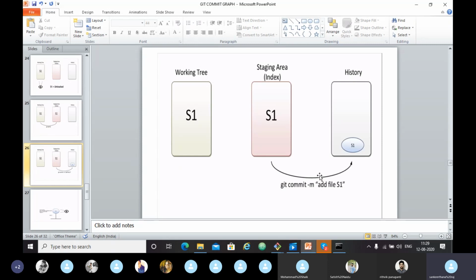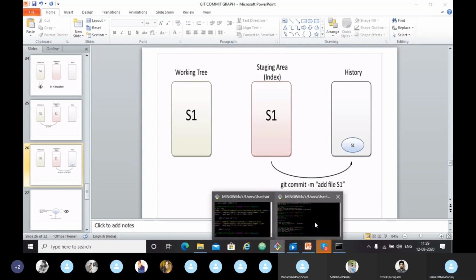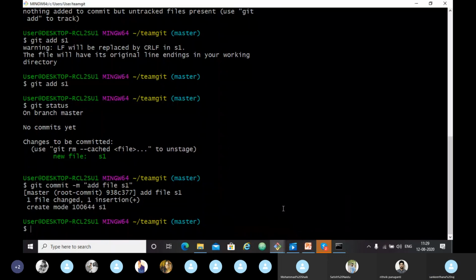So now let's go back and see what's the status of our git. Git status.